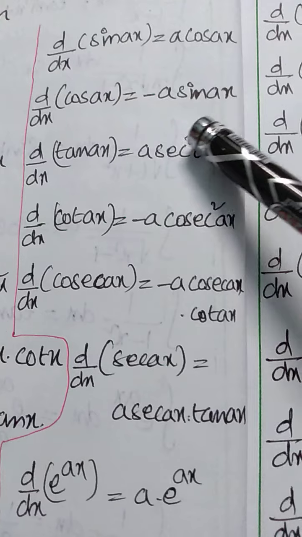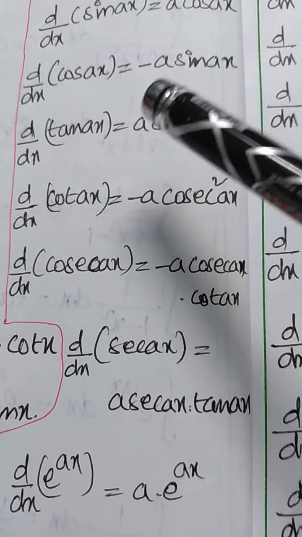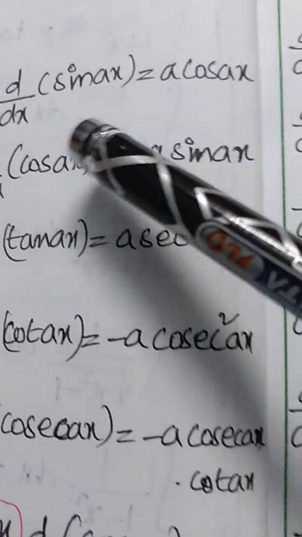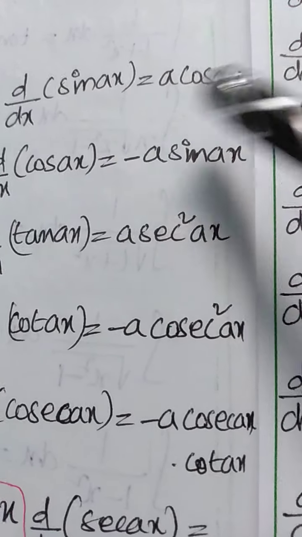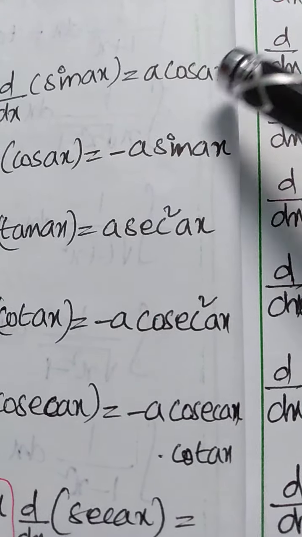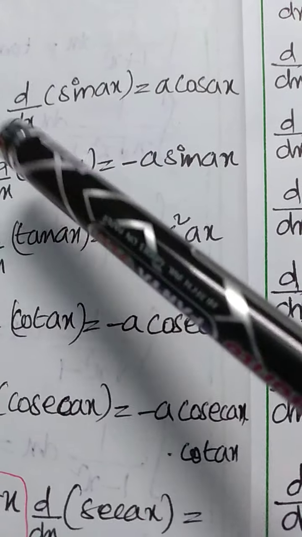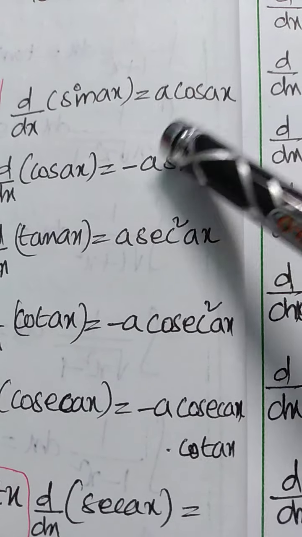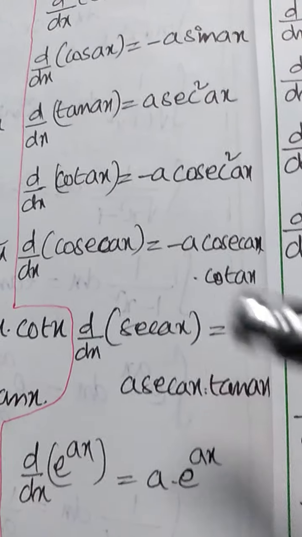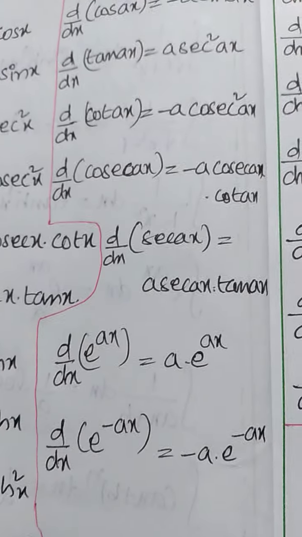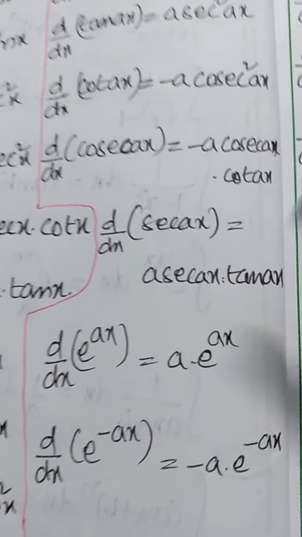Okay, differentiation of a function of a function. That means ax is a function of a function, treated as x. Derivative of sin x is cos x, derivative of ax is equal to a. Therefore derivative of sin ax is equal to a into cos ax. These are all differentiation of a function of a function. Differentiation of a function of a function is called the chain rule.